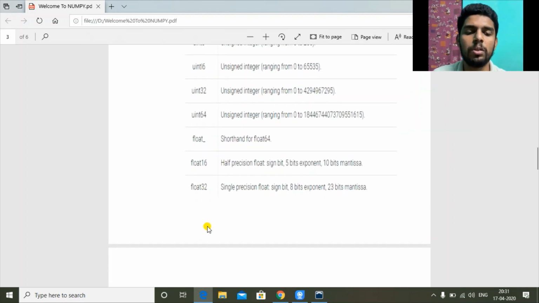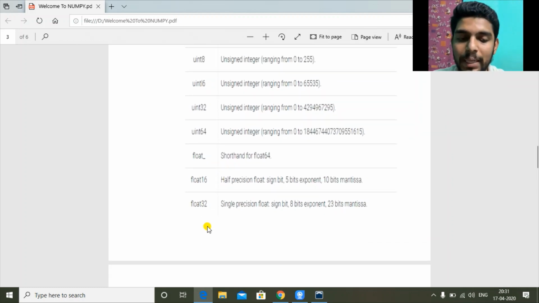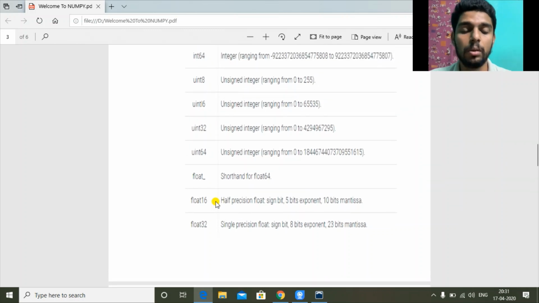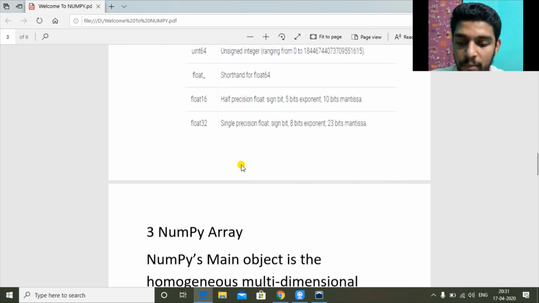Next we also have the complex data type. Complex data type is used for storing complex numbers. So complex numbers are like 2 plus 3i or 2 plus 3j, as we have learned in 10th. So 2 plus 3j, 7 minus 8i. i means imaginary, the first part is real. So that also we can use here. We will see all these in the practical part of this video. That will be coming a little after we are done with the theory part.